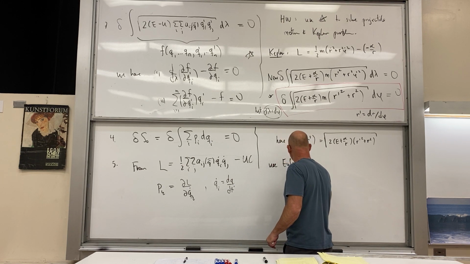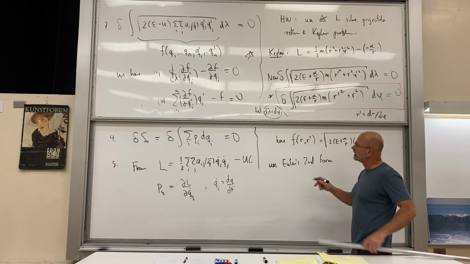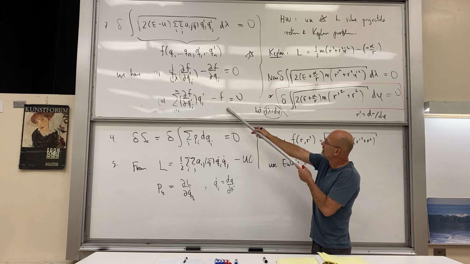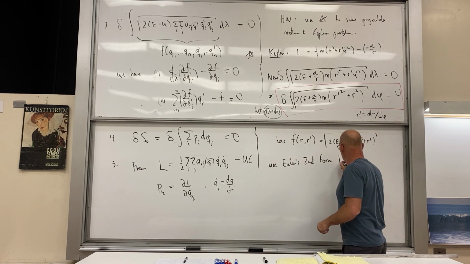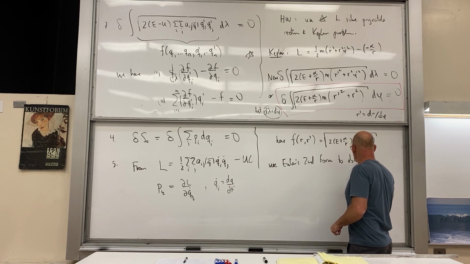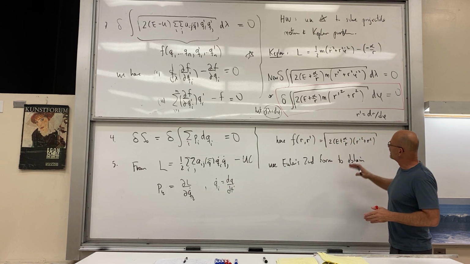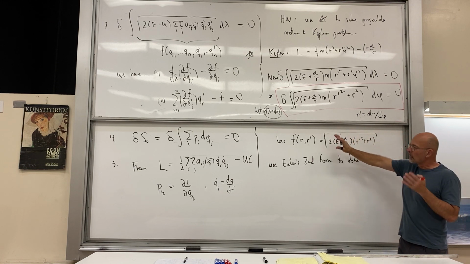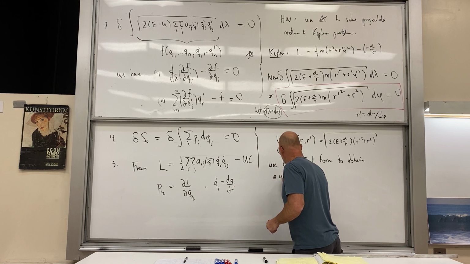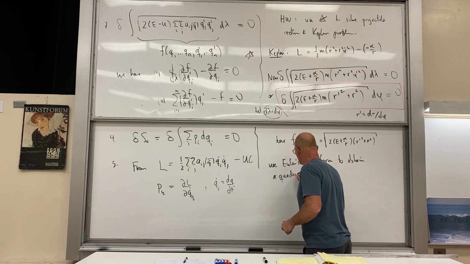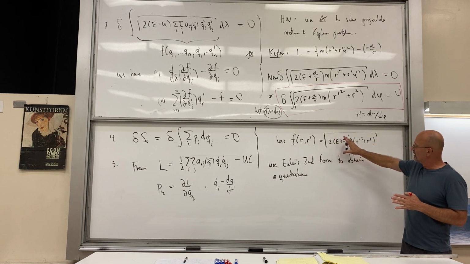Use Euler's second form, which is this, to obtain a quadrature, and you're going to obtain one that you've seen before. So you take this into Euler's second form, you're almost done. Because since we've done that quadrature, what you'll do is you'll get